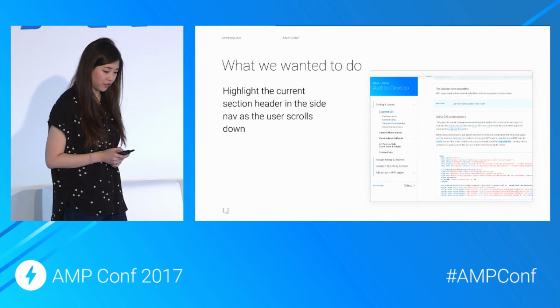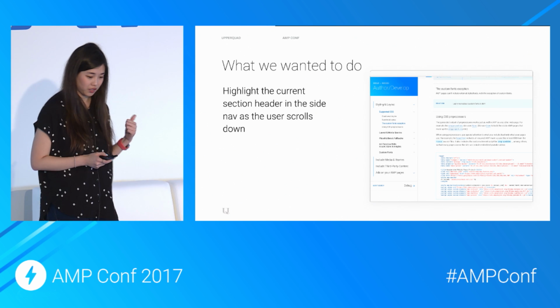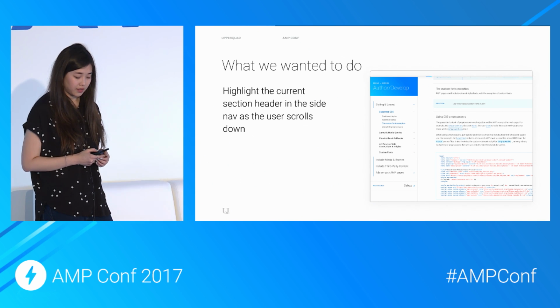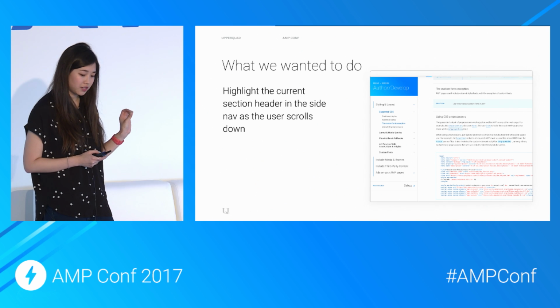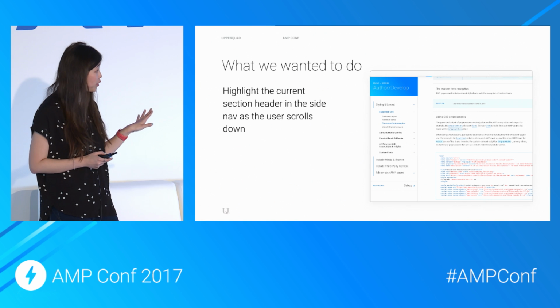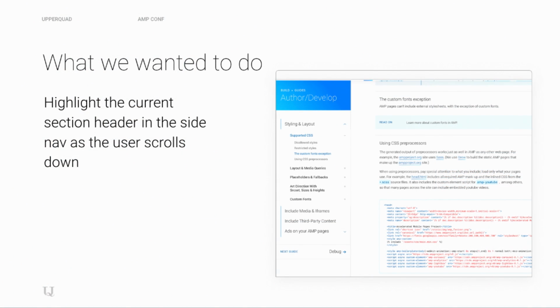This is a mock-up of one of the new docs pages. This is a guide. And we designed this left nav for the docs page, which shows you all of the other pages that are sort of related in the same bucket. And the original idea was to also have the table of contents of the current page in that docs page, and then as you scroll down, the headings would highlight to let you know what section you're currently on. And as I mentioned, we couldn't really do anything on scroll, so we skipped this feature.